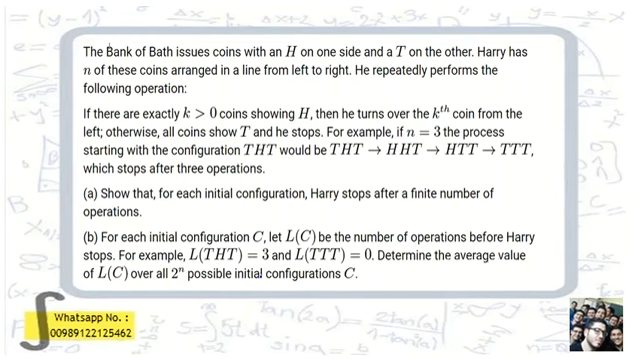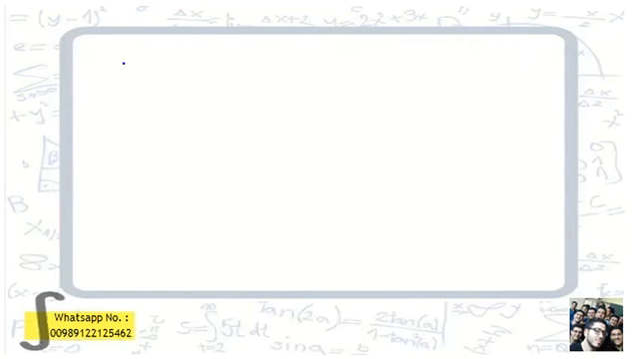As we have 2^n possible initial configurations, because each coin can be T or H, 2 times 2 times 2, each one has two cases, T or H. So we have 2 to the n possible initial configurations. And now, at first, let's solve part A. In part A, we want to prove that